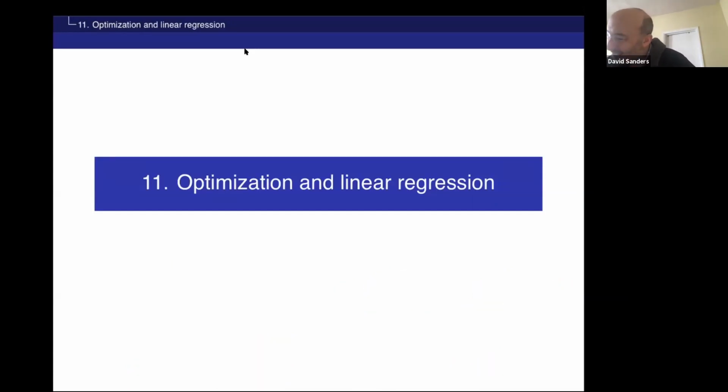And so today we're going to say something about optimization and linear regression. Optimization is something that you're doing on problem set 5, and there have been quite a few questions about how it works. So I thought it would be helpful to go through the simplest possible example, linear regression, which probably a lot of people have already done, but you've probably done it with some magic formulae that come out of an analytical calculation, whereas we're going to do it numerically, which is the simplest example of this whole field of